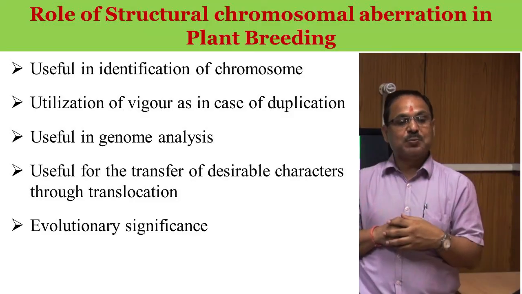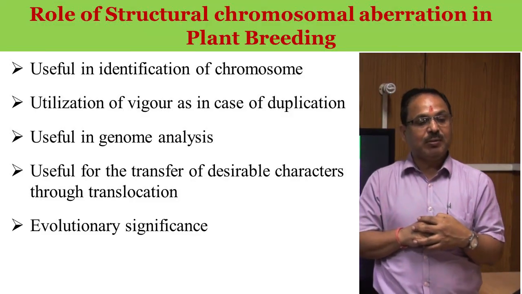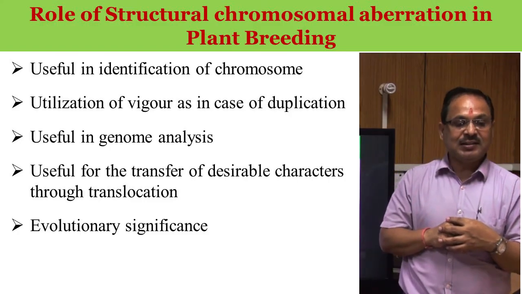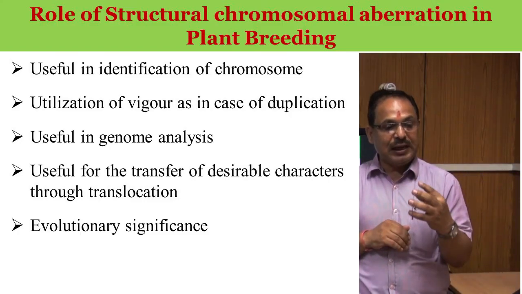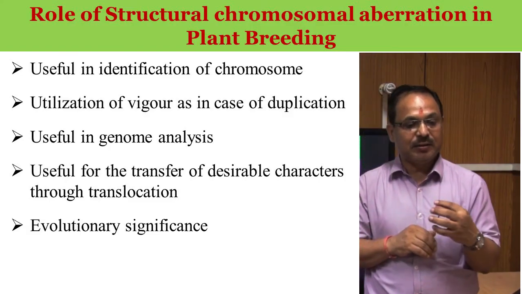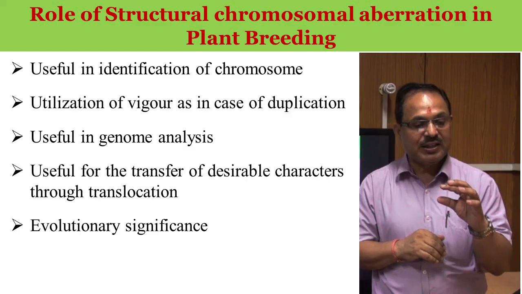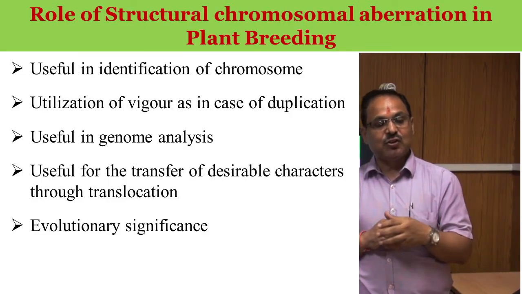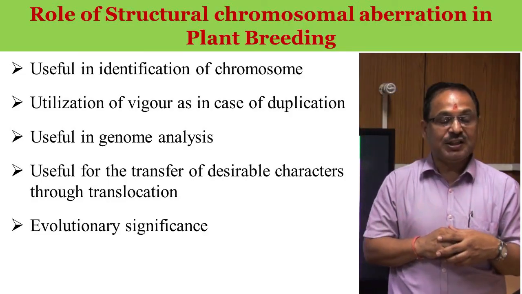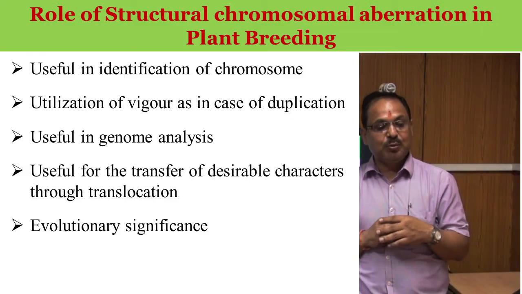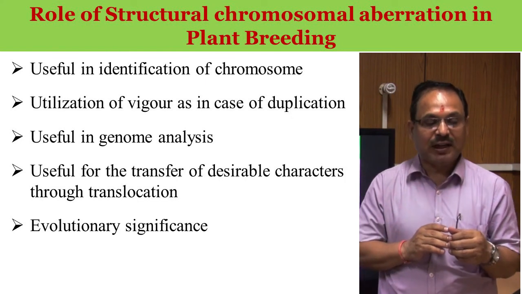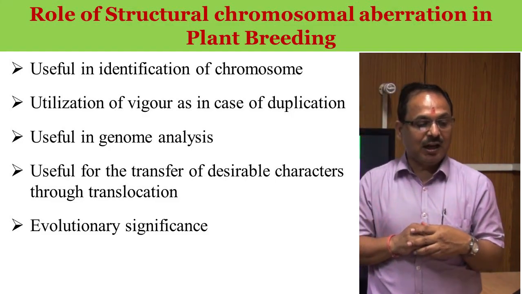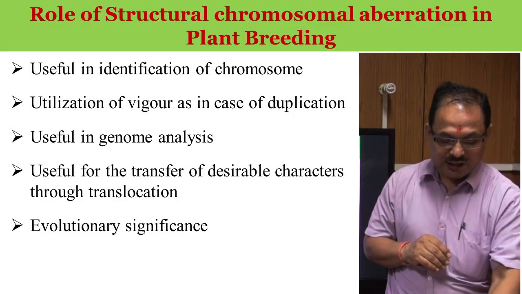So the role of structural chromosomal aberration in plant breeding is very useful in identifying particular chromosomes. Utilization of vigor: first we estimate the potentiality of the vigor, and then this is utilized in the case of duplications. Sometimes it is also useful in genome analysis, and it is also useful for the transfer of desirable characters through translocation. There are different processes of chromosomal aberration, and lastly the evolutionary significance is much greater with this